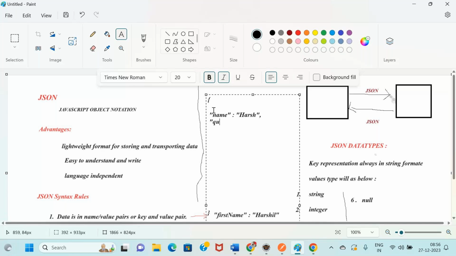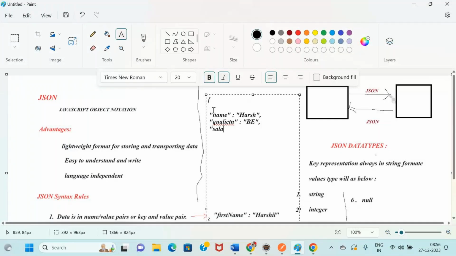This short form I'm writing, qualification colon, maybe B. And I'm separating it again. Then salary.